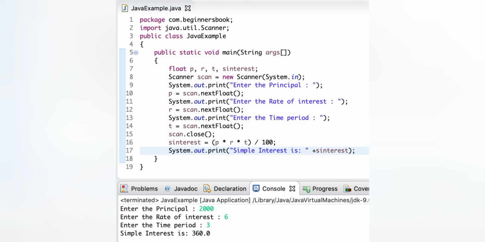Scanner scan equals new Scanner System.in, System.out.print enter the principal. We are given the program to enter the principal. It gives the instruction p is equal to scan.next, close, System.out, then enter the rate of interest. This is the Java program.